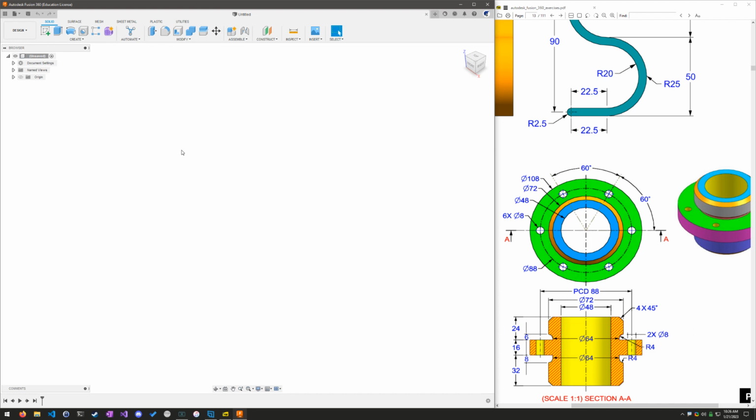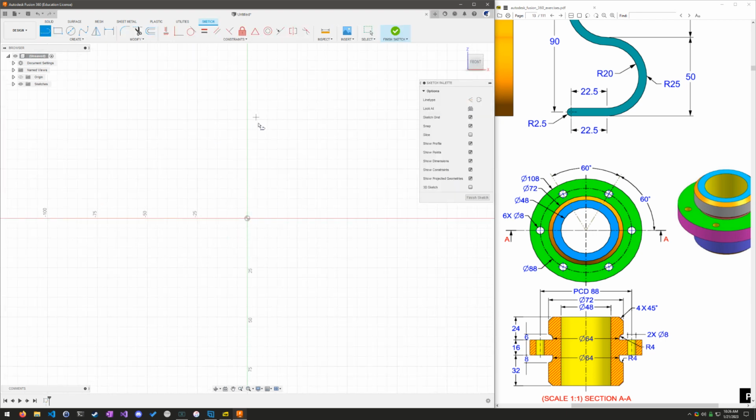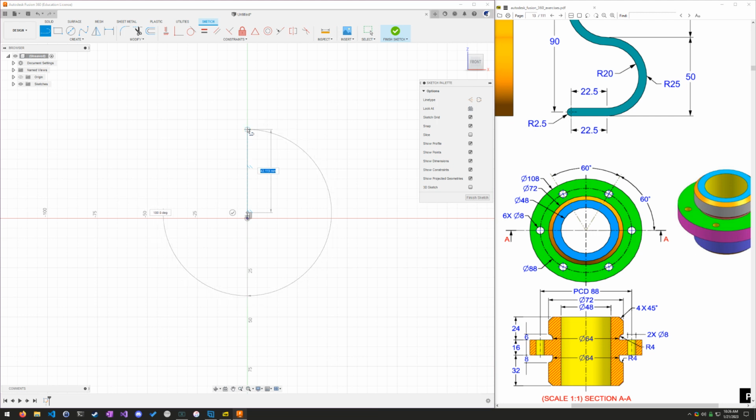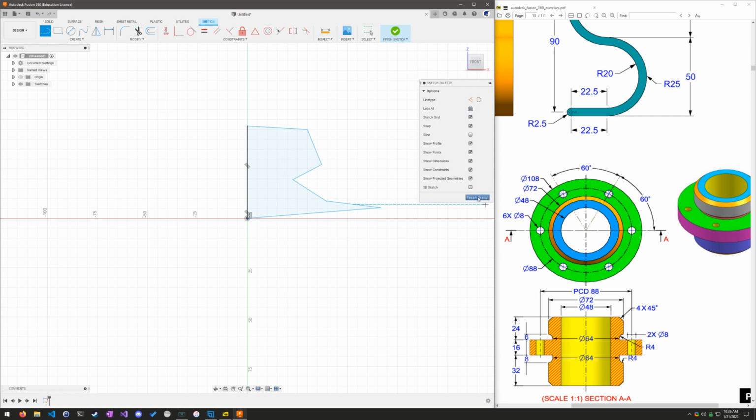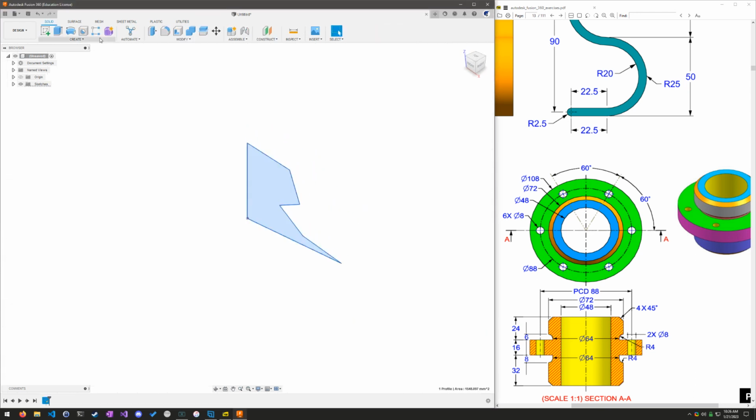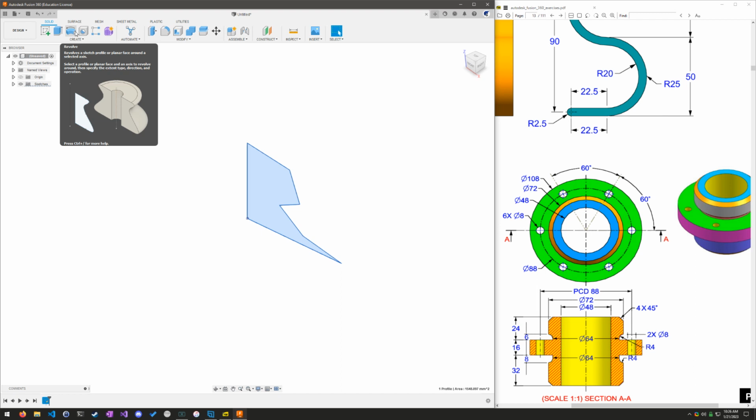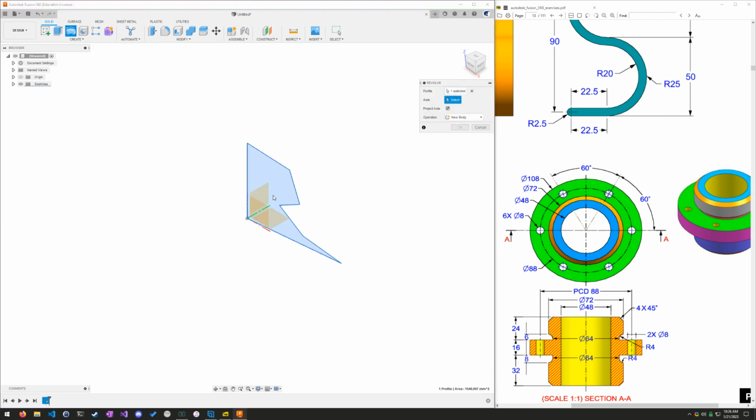If you're not familiar with the revolve tool, right here in Fusion360, I will do a real simple one. So I'll just draw something right here. It doesn't really matter, any kind of randomness. If I take this shape and I click on the revolve tool up here in the ribbon, it's going to ask me for a profile, which I've already selected. So now it's asking me for an axis, which I can choose right here, the Z